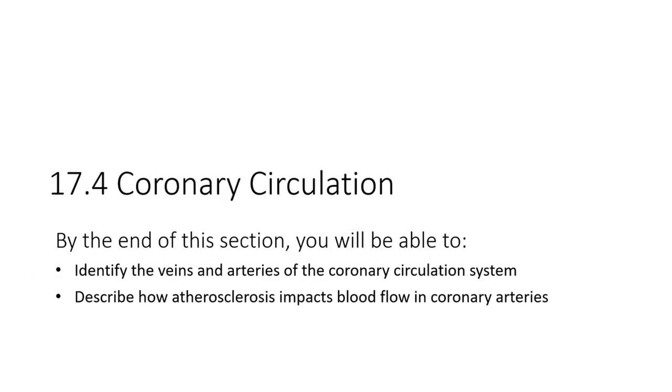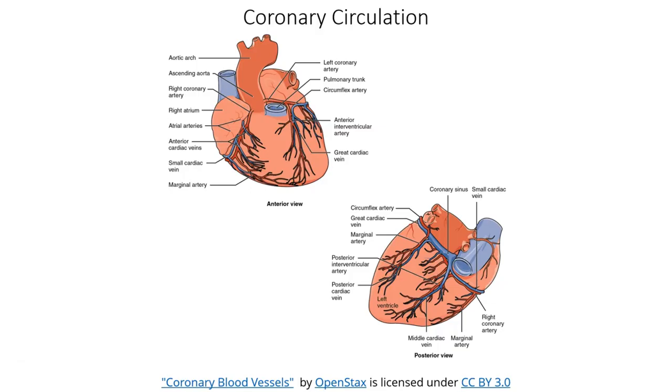Alright, we are going to talk about coronary circulation in this video. So coronary refers to the heart, circulation is blood flow. So coronary circulation is getting blood actually to the heart muscle itself, so getting blood to all of those cardiac muscle cells. We're going to learn the names of some of the main coronary arteries and veins in the lab,